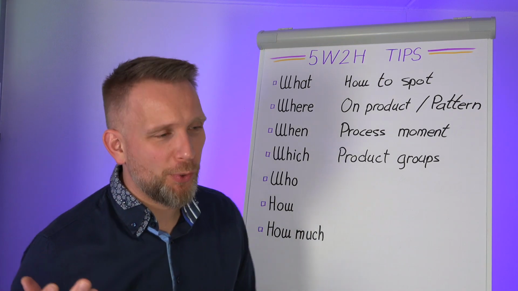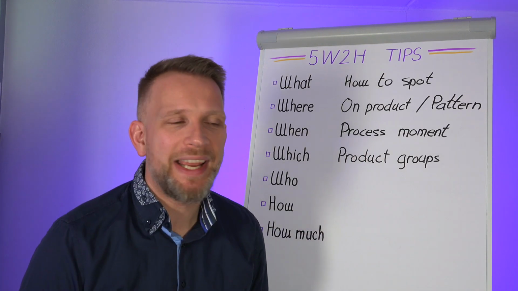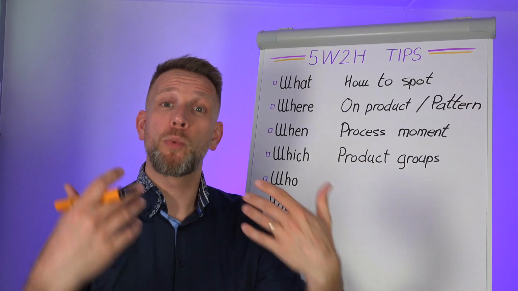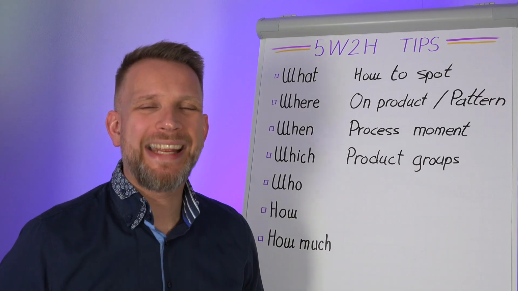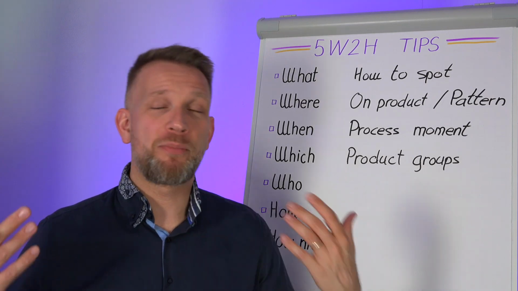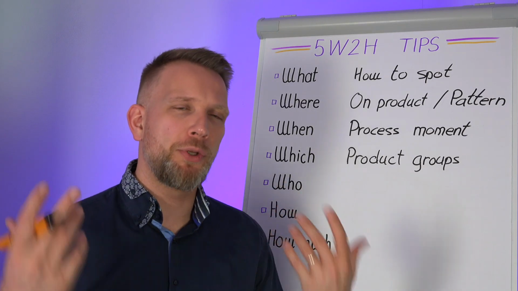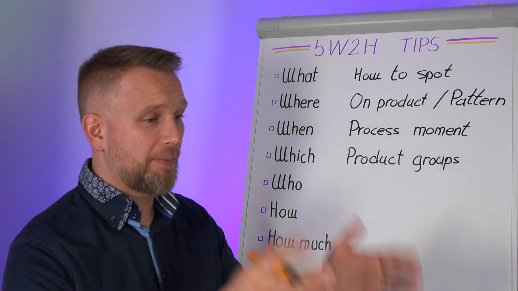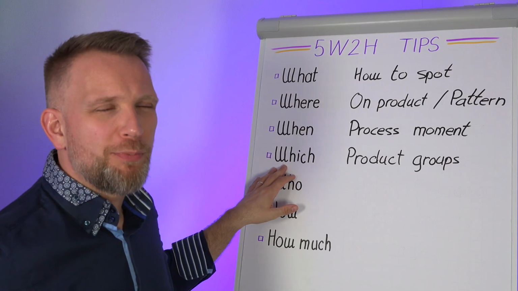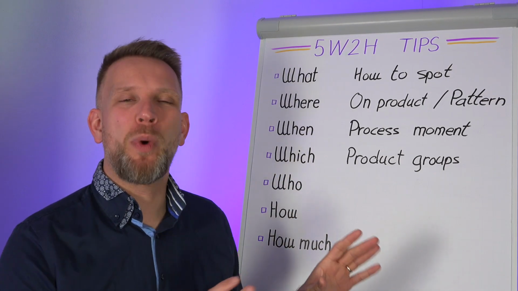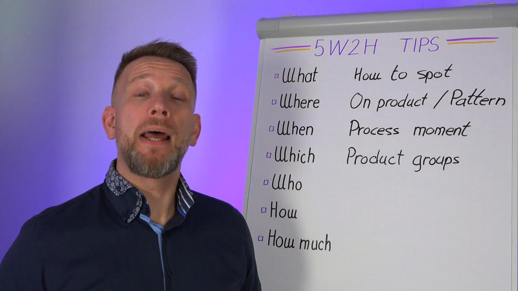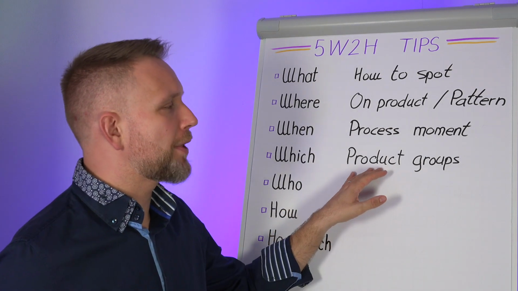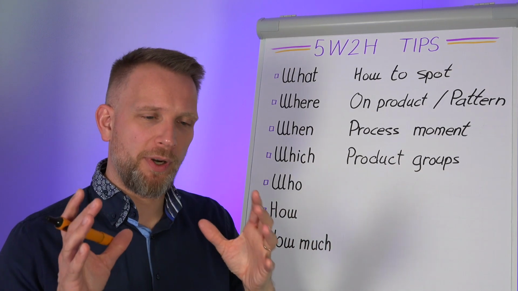Now, the problem here is, of course, if you are reacting to one or two deviations, you don't really know where it doesn't happen, but at least it can help you to say in which product groups it did happen. That is, of course, way more useful if you have a problem that has been repeating a couple of times, right? So if you do this with the first deviation, you can't really make that distinction between, well, this product, yes, that product, no. The whole which product question sort of falls to the wayside when it is a single occurrence. But as soon as you have multiple reoccurrences of your problem, absolutely try to get which products it affects,